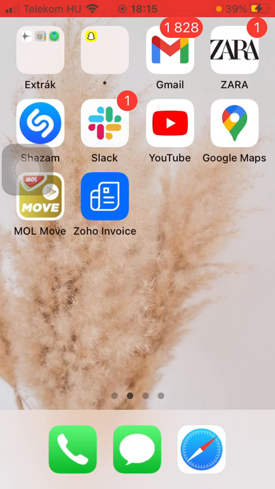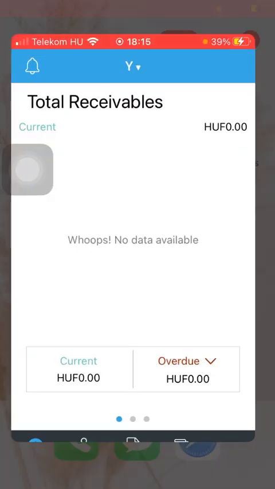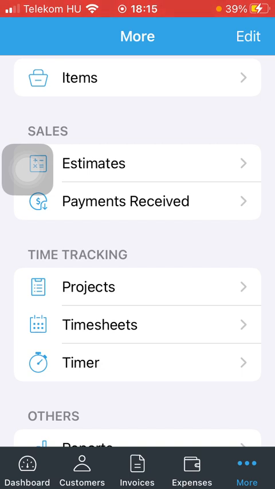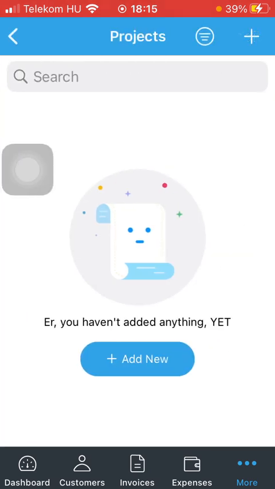So let's jump into it. First of all, open the application on your phone. After that you should tap on the More button down below, which is the last option. Then click on the projects option, which is the fourth one in the time tracking section. After that you should click on the add new button down below,